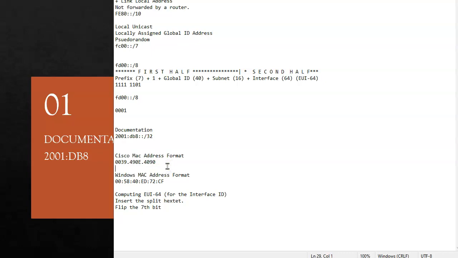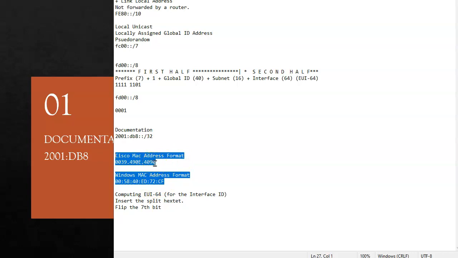So a MAC address is 48 bits. I noticed that when Windows gives us the MAC address, it does it a little bit differently. It just separates each byte with a colon, and this is merely formatting. So when you see these two addresses given, it's the same thing, just formatting. But these are 48 bits.